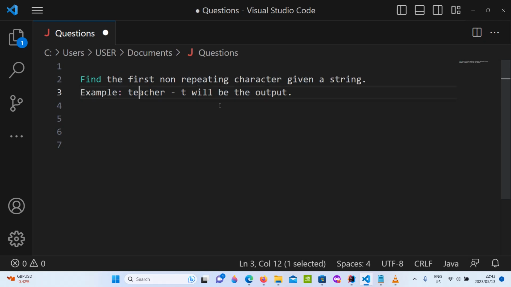And then we have E, which occurs twice, so it's repeating itself. And then we have A, that's also repeating itself. Then we have a C and an H, that's also not repeating themselves, or occurring only once in this instance. But it's the second and the third one. The first one that really doesn't repeat itself for the first time is actually